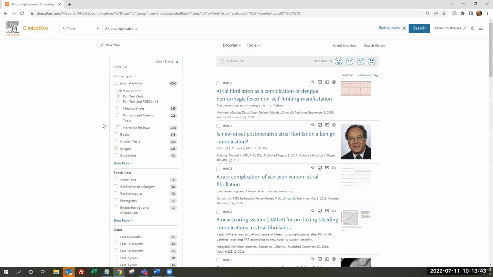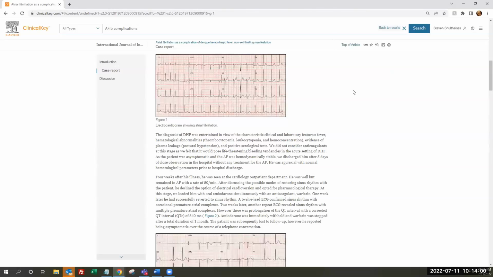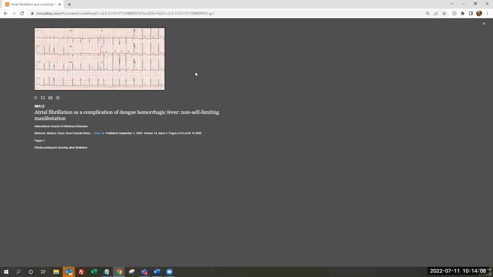So here's all the images for this particular listing. I'll pick this very first one. So I view it in this, it was giving me a little trouble. So I view it in the source, and it's actually taken me to the individual, in this case, journal article. I can view that larger. There it goes. I wanted to show you this because within an image, I can save this image as a